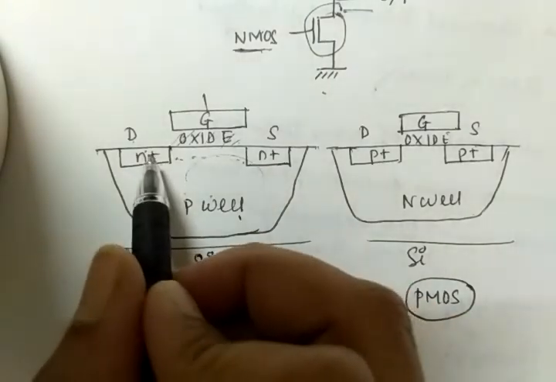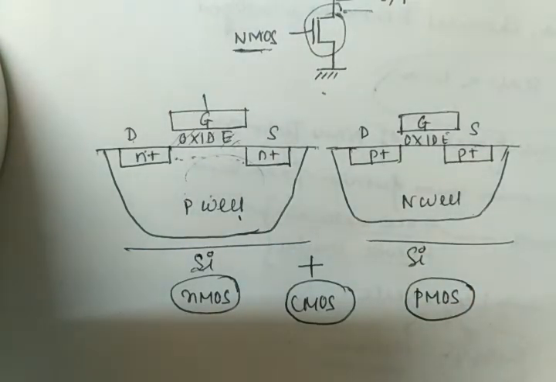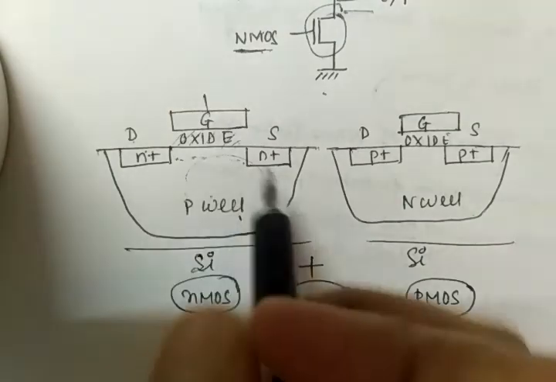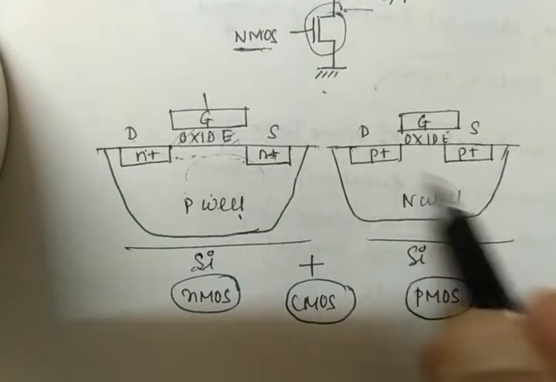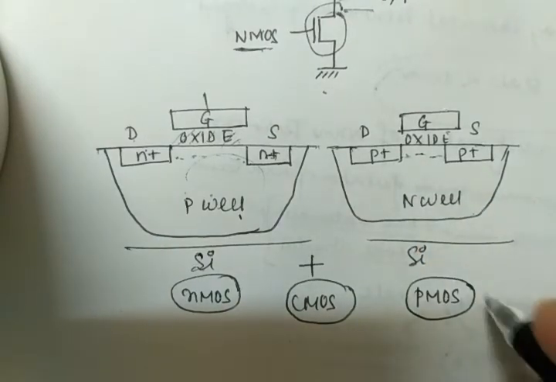And why is this N plus? This plus means a doping technique or diffusion technique is used, and doping means doping concentration. You all know the meaning of doping: adding impurity to increase conductivity. So in terms of doping concentration, it is given this plus sign. N plus means more electrons, P plus means more holes. So this is the P channel, in between drain and source. That's why it is known as your PMOSFET.